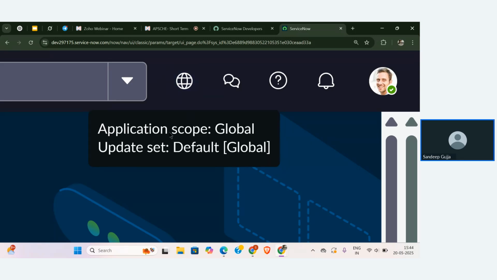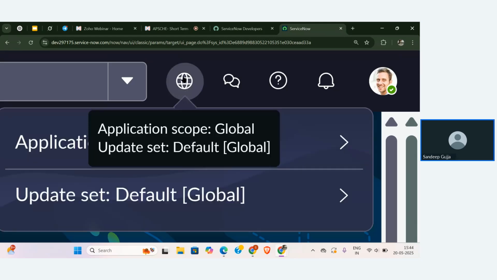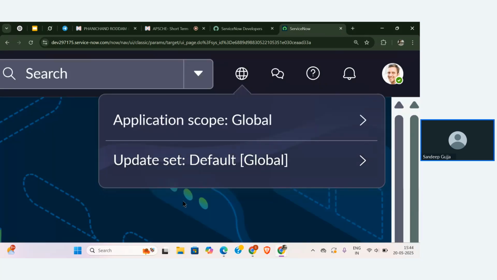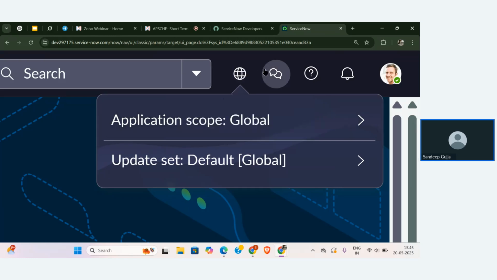You can directly see after clicking on this, it is showing application scope is global and update set is default. I will tell you what this application scope and update set are later on, whenever we are working on those concepts. But if you click on this globe symbol, it will show the application scope as well as the update set that you are working on.